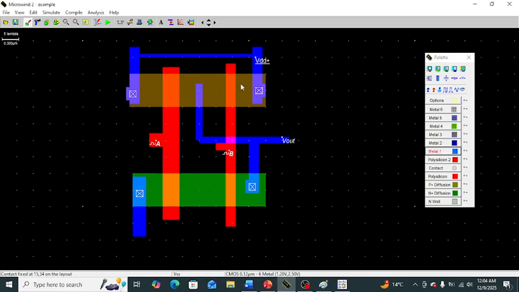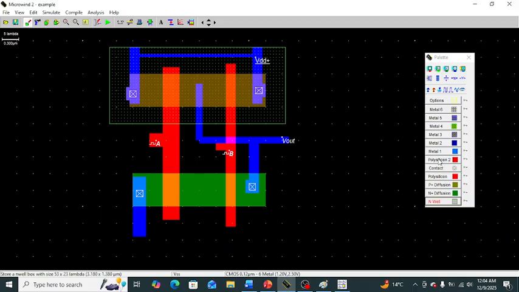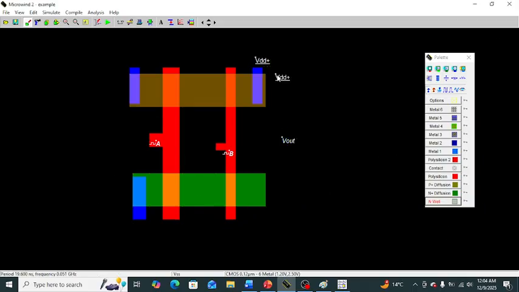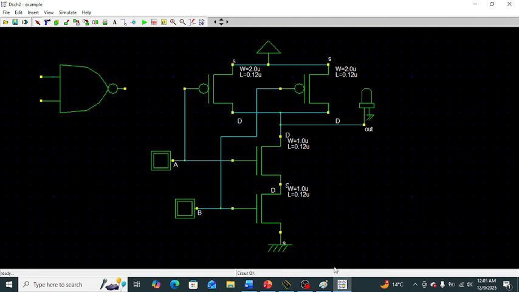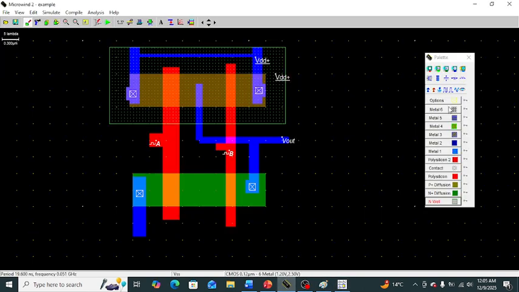Now the P diffusion layer is always connected in an N well, and the N well is always connected with VDD, that is, the body terminal is connected to the VDD supply. Now this is the complete diagram, and this NMOS is connected to ground. One of the NMOS is connected to the ground supply. This is the ground supply.